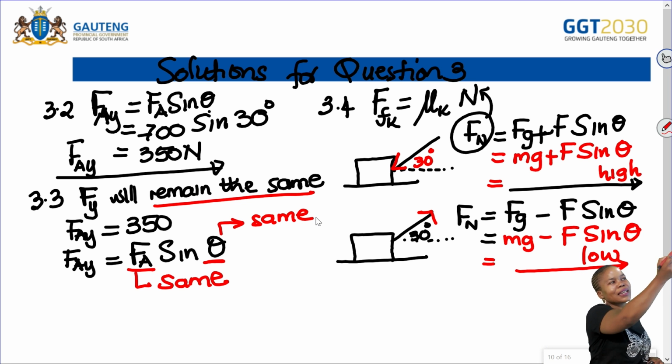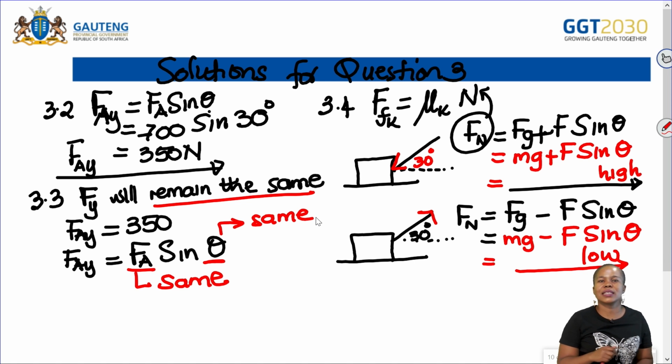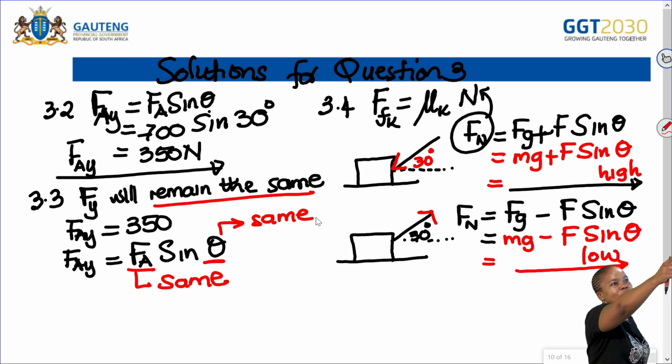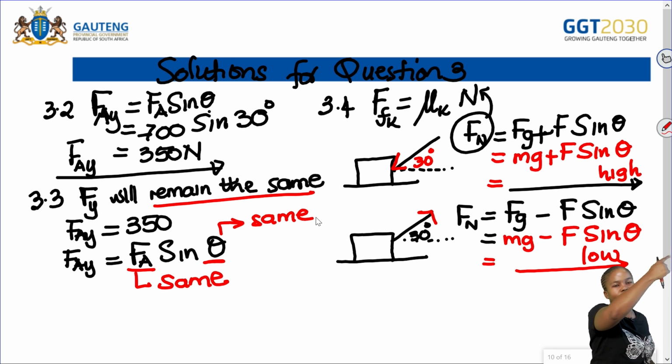Because now I'm adding to the system, my normal force, which affects how I calculate my frictional force, is going to be more, because I'm adding the gravitational force together with the force of gravity. In this case, because I'm pulling away, I have to subtract the vertical component,